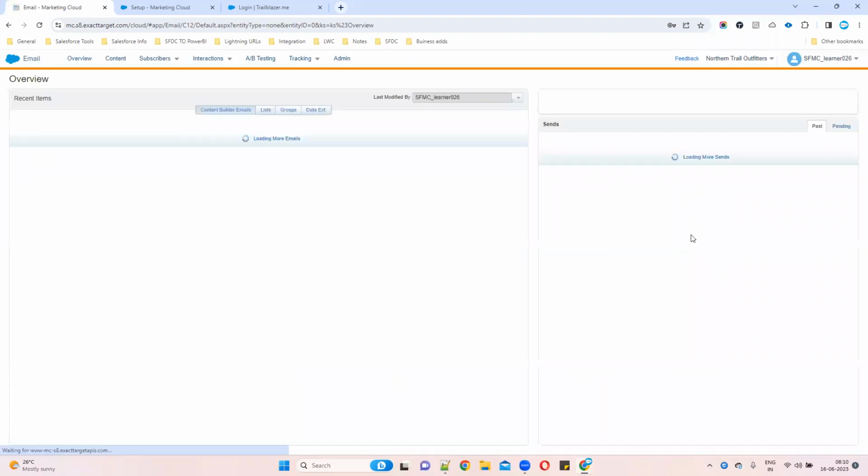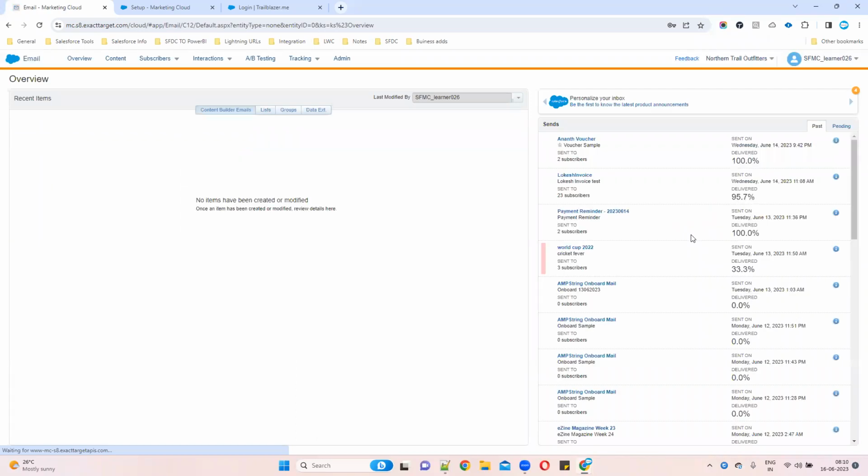Whenever I'm logging into the Marketing Cloud, this is like a default tab, madam. Simple. Whenever you log in, which page do you want to open by default? For example, you are mainly focusing on Email Studio, correct? In that case, why do you need to go through all these things again? No need to, right? By default, you can log directly into Email Studio.